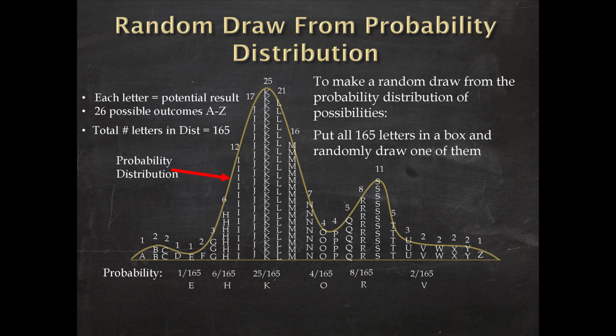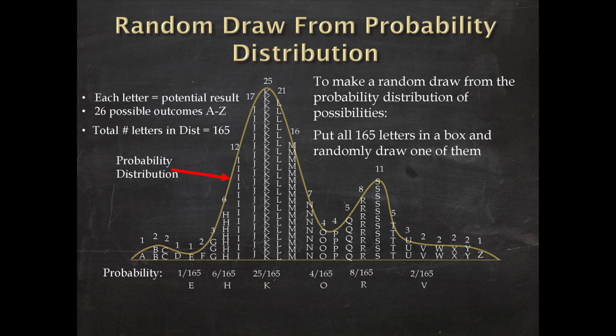The way this works is, say the A here is just 1 A. That's all there is. That means there's one chance out of 165 that if you take a random draw, you're going to end up with A as the outcome. Some event has happened, and we don't know what it is. We're going to make a random draw and decide what we get for the measurement. This then becomes the probability distribution.